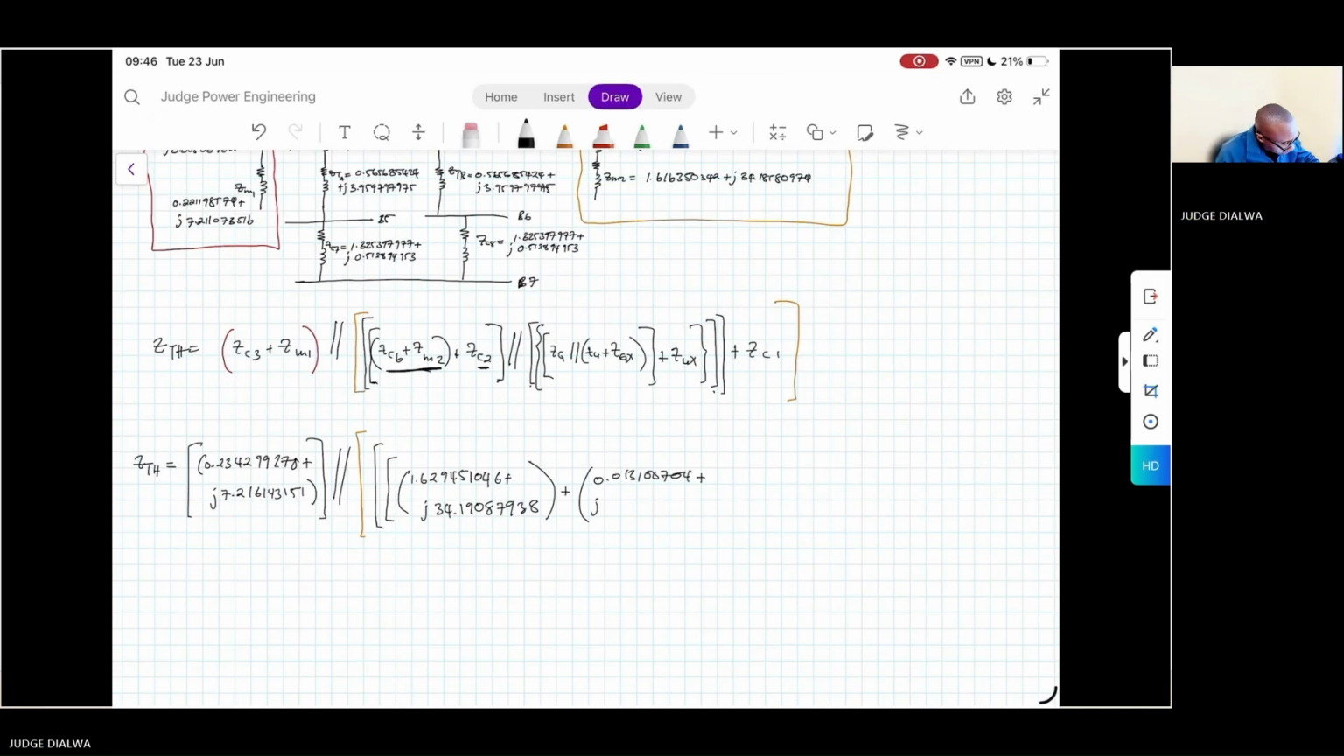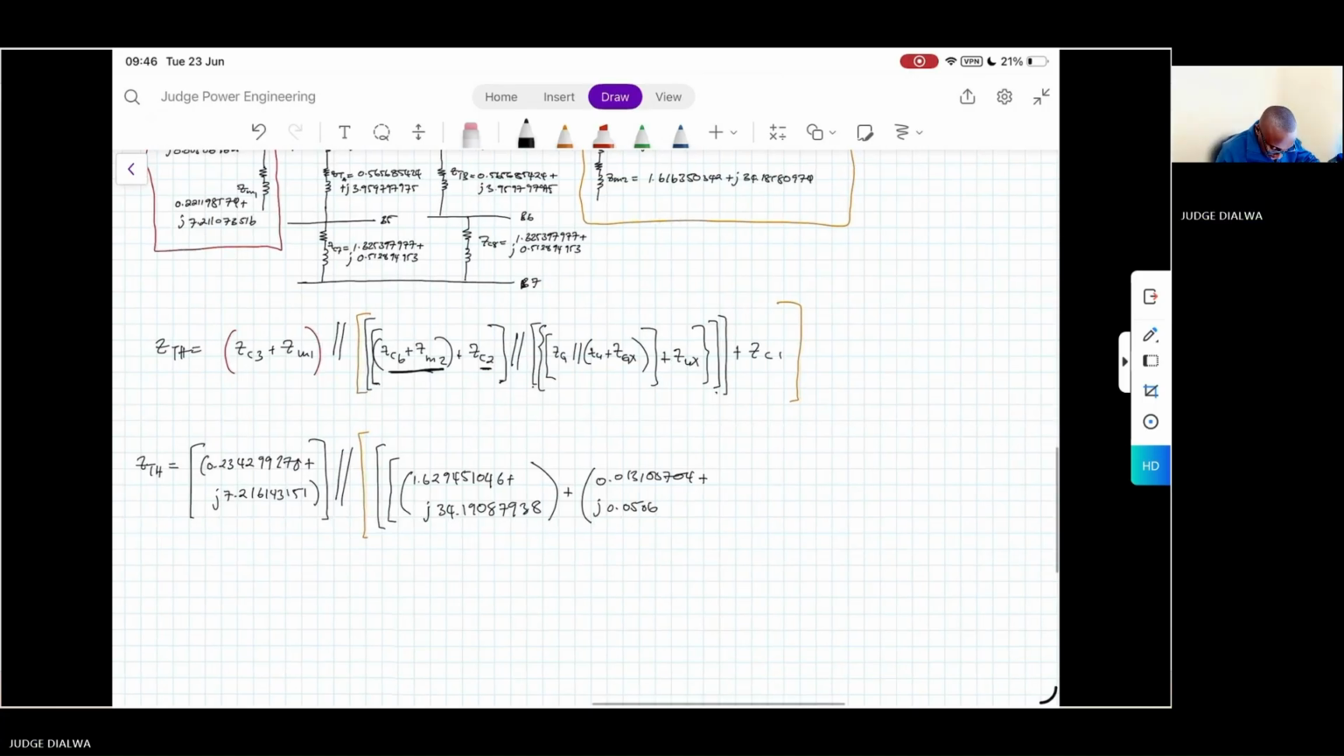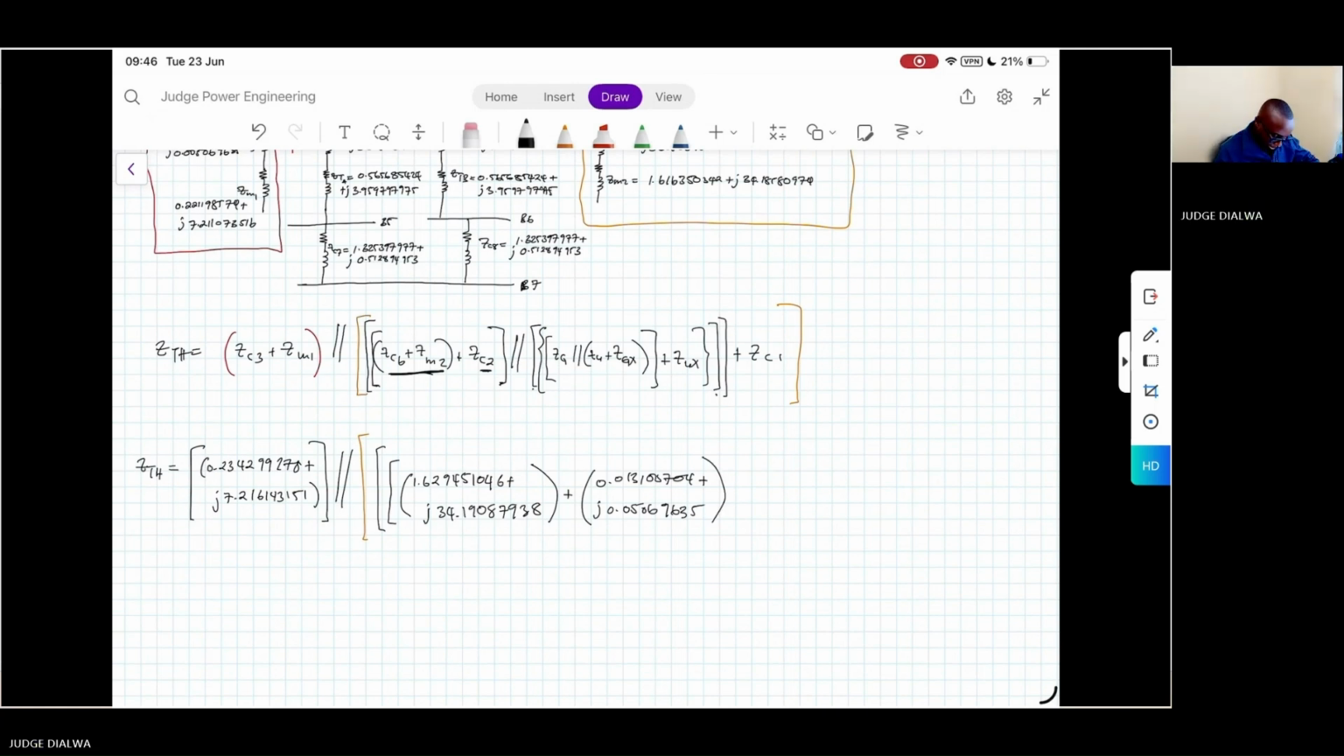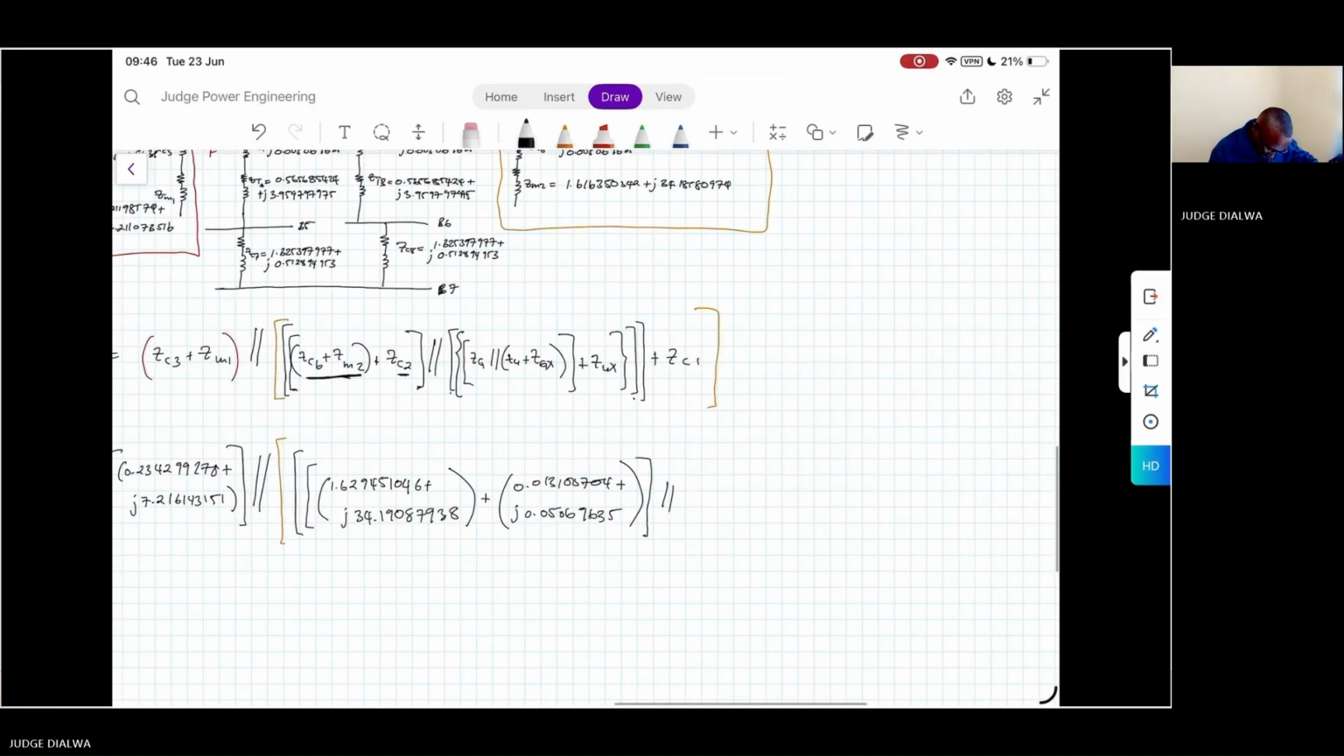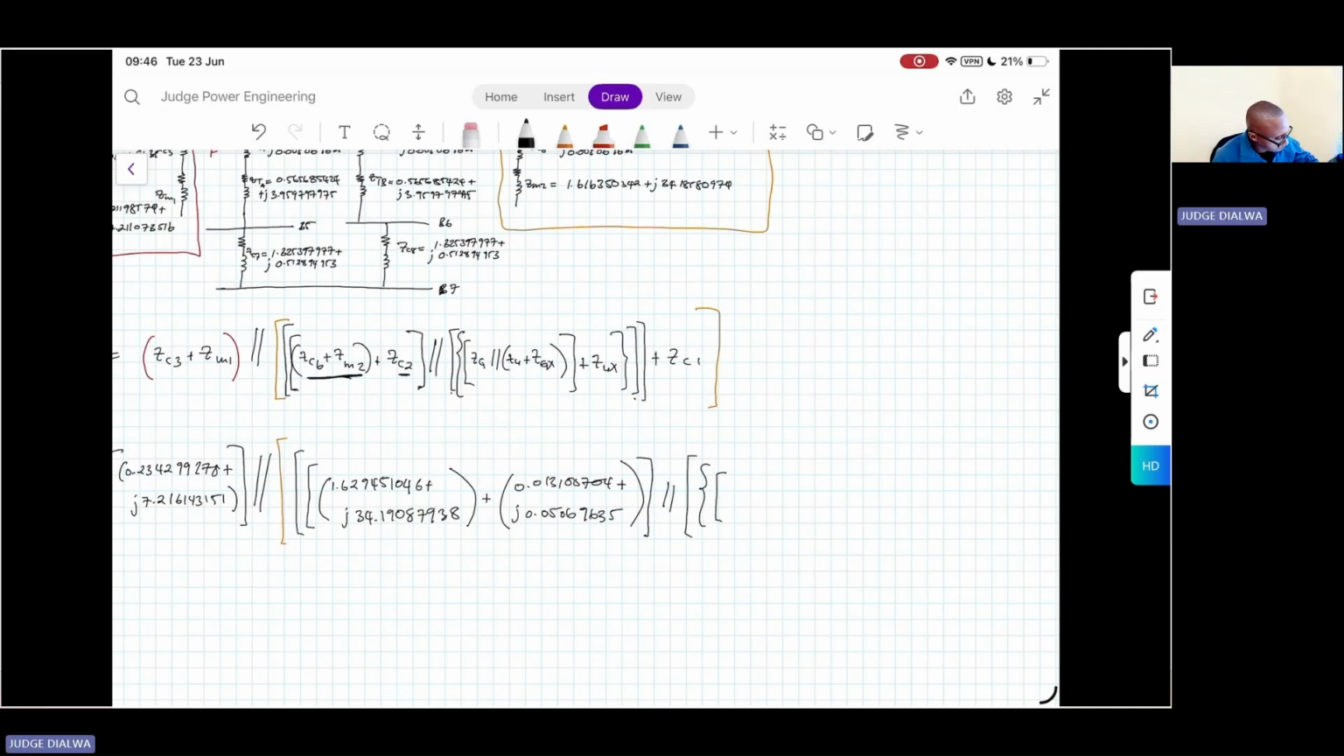0.013100704 plus j0.0505069635. Right, so that will be that with this, and then that is in parallel with the series connection of, so this here we calculated in our previous steps, so all that will give us